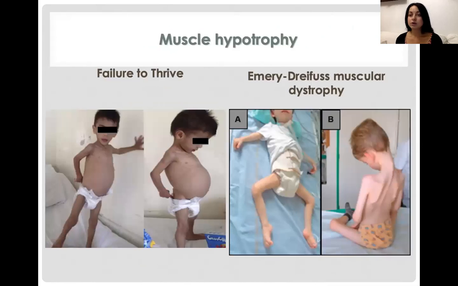So now it's time to talk about the pathologies. So we start to talk about muscular hypotrophy. Hypotrophy is lower muscular mass, like on the picture. So usually muscles are not well developing in children whose weight and height are not well increasing, like in the state which is called failure to thrive. So when a child has a physical development delay, when he is not growing up well,